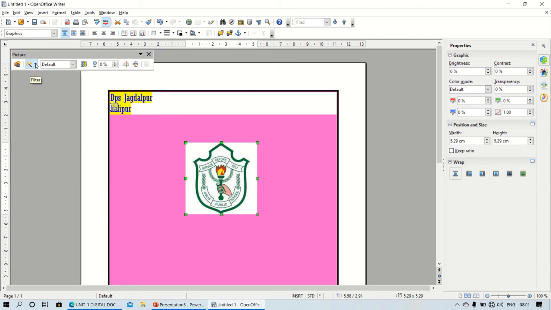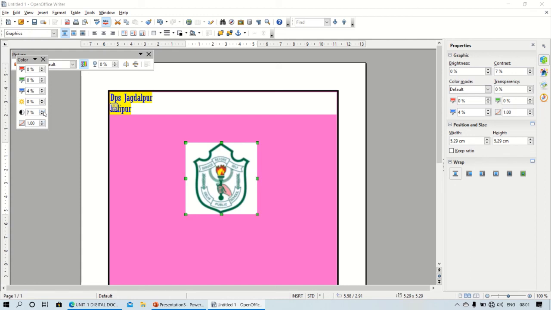So if you want to apply some filter, then you can apply the filter. Like if you don't want to apply the filter, just click back. Next is, if you want to set its color, see this is color, so you can set its color also. So according to that you can change whatever option you want.